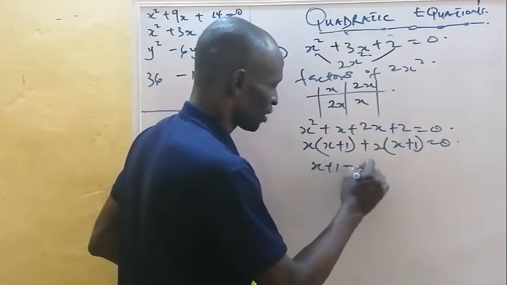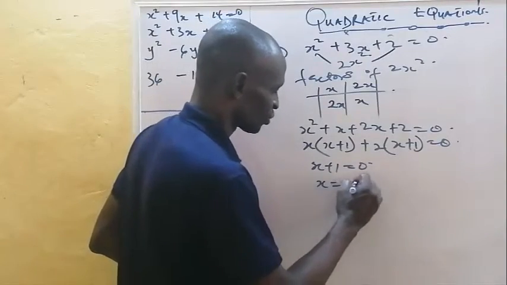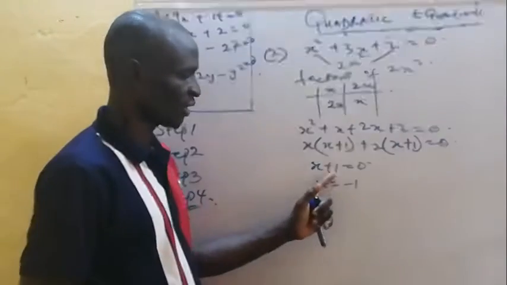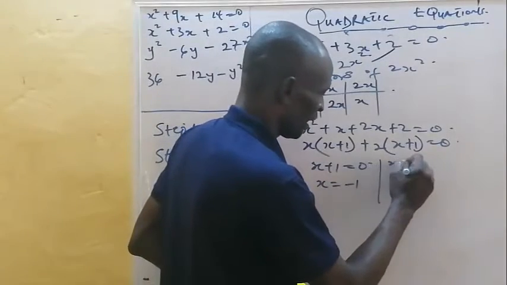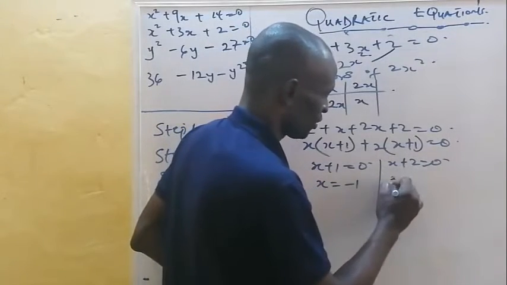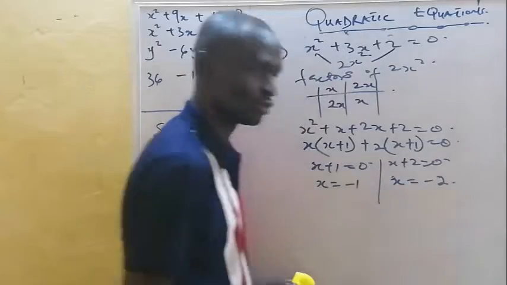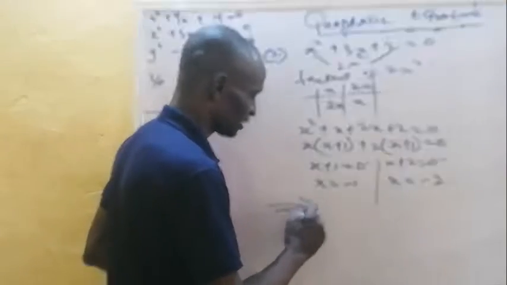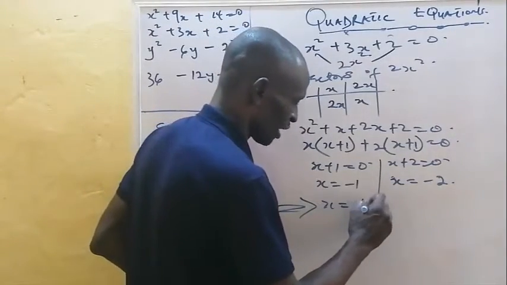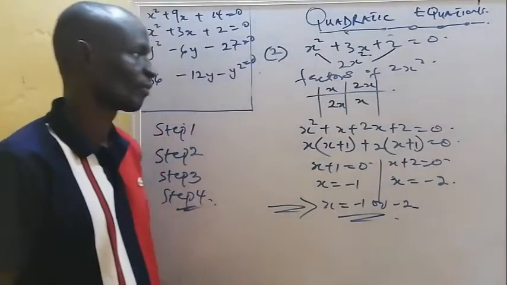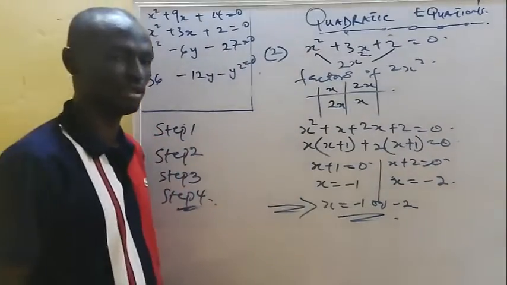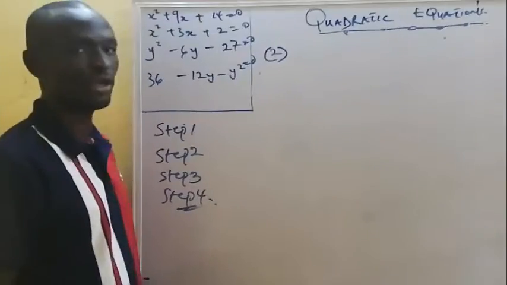So that x plus 1 is equal to 0, x is equal to minus 1. Take 1 to the other side, becomes negative. x plus 2 is equal to 0, x is equal to minus what? 2. This implies that x is equal to minus 1 or minus 2. Let's take a third equation. For my third equation,